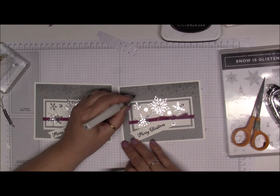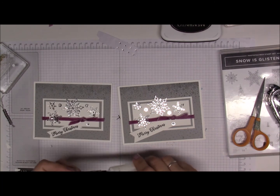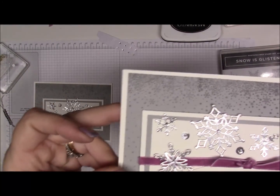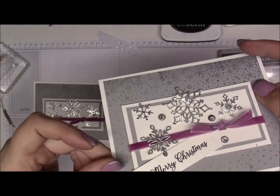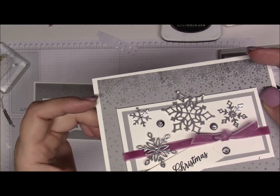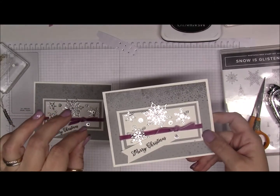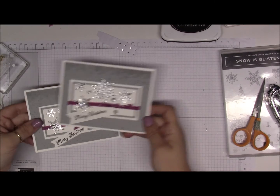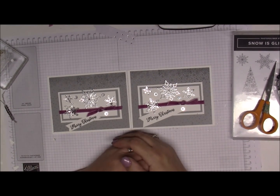I'm not going to do the whole video. Go like this. And then it ends up, and I'll see if it'll pick it up in the camera. Do you see that little bit of sparkle and stuff? Or you could dab it with glue and then pick it up with the glitter, which is really, really awesome. So this is card number 3 for the Snowflake